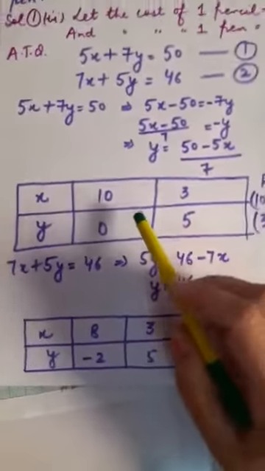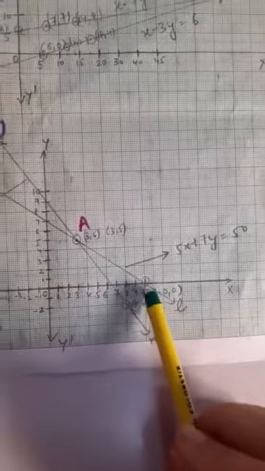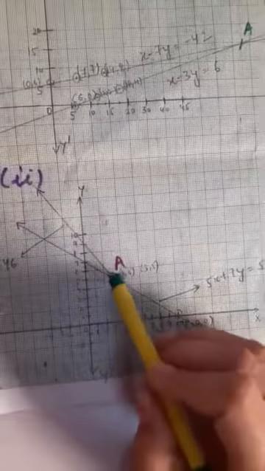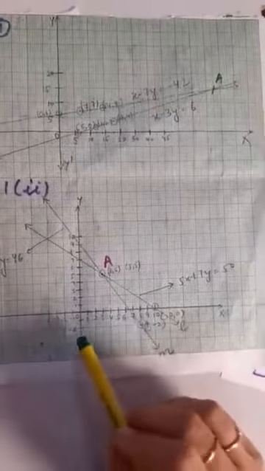As I told you, when I am going to plot this point 10, 0, as y is 0 it must be shown on the x-axis. Children, you can see here. Here I have shown this on the x-axis, 10, 0. Fine. Next is 3, 5. 3 means x, your abscissa, will be 3, and what will be the ordinate? That will be 5. So this is 3, 5 plotted. Next is 8, minus 2. This one equation I have drawn now. Another point was 8, minus 2, meaning abscissa is 8 and ordinate is minus 2.